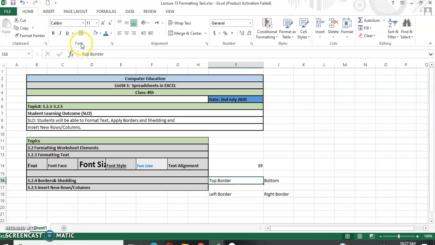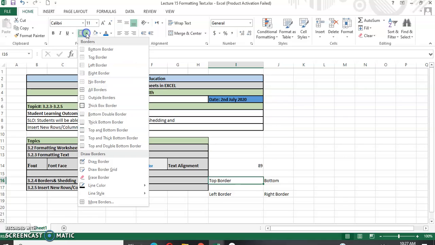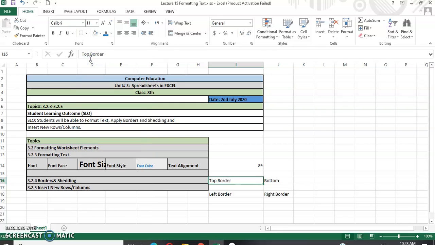From this group, we will select the required border option from the border drop down. Click on it and now select your required border, that is top border. This is your step. In this way your required border is applied on the selected cell.